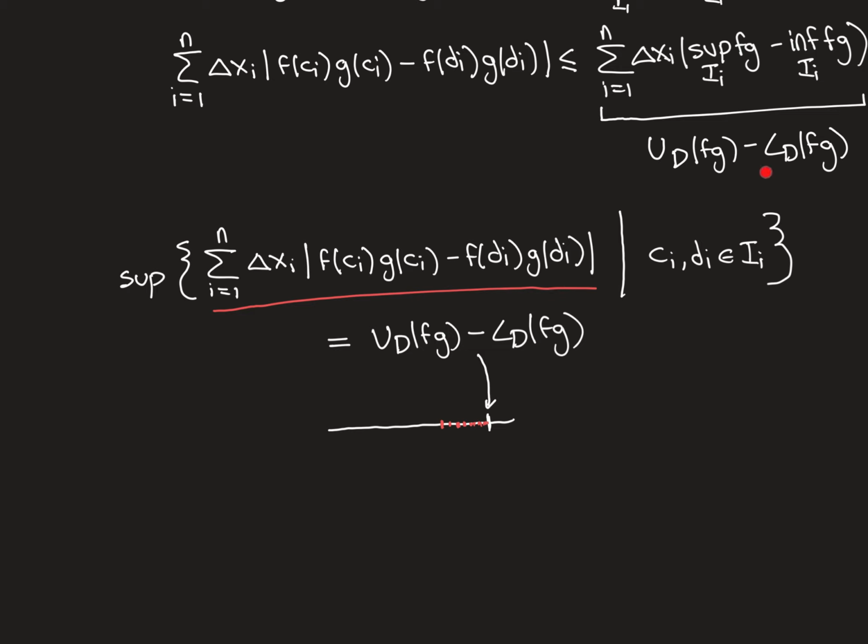Now I've already convinced you that it is an upper bound for that set, but I need to prove that it's the least upper bound, so that there is no number smaller than it that is still an upper bound for this set. Now, how am I going to do that? Well, I've actually drawn a number line to illustrate my strategy here. So let's say this value in white here represents the hypothesized supremum of this set, the upper Riemann sum minus the lower Riemann sum. If I could show that there are values inside this set that get indefinitely close to this value in white from below, shown in red on the picture,